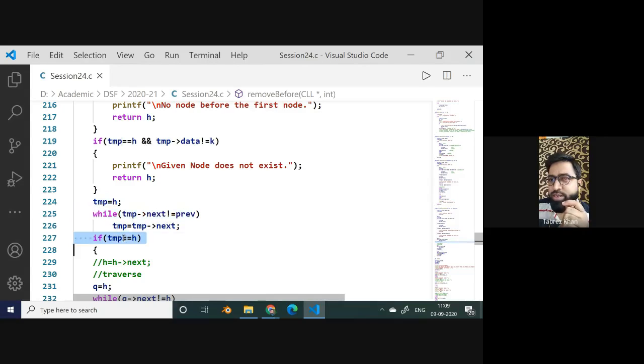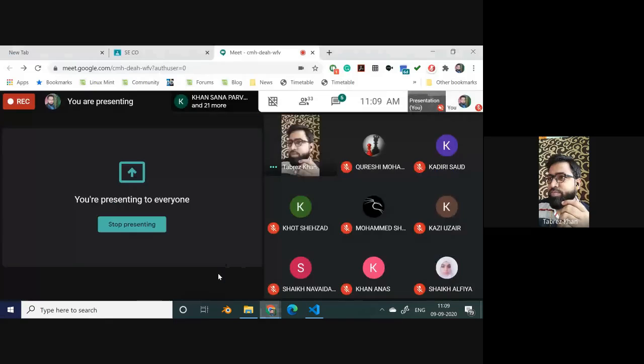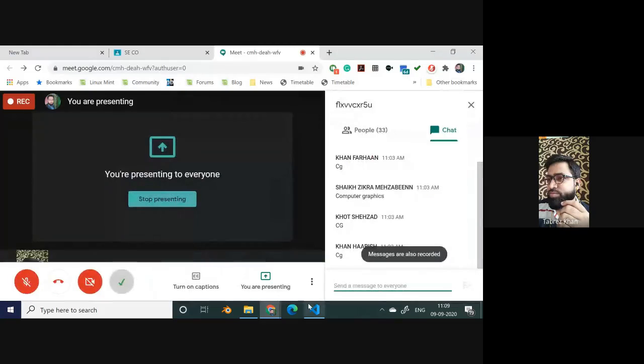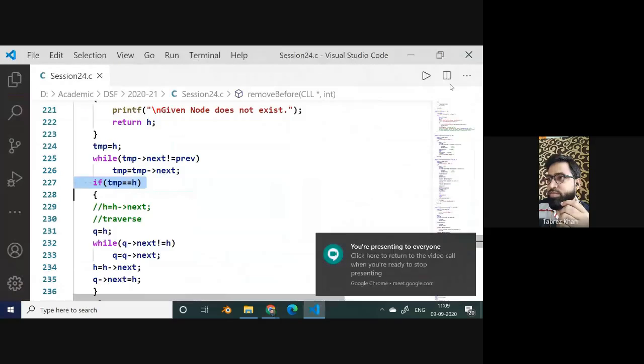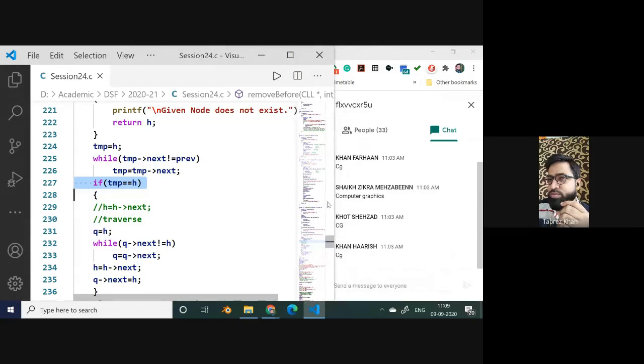Then after that, if temp equals h, it means that... When would temp be h? Can anyone tell me when temp would be h? When you will come into this if